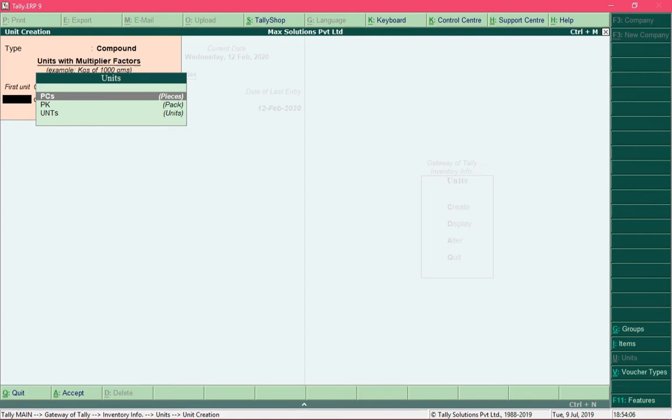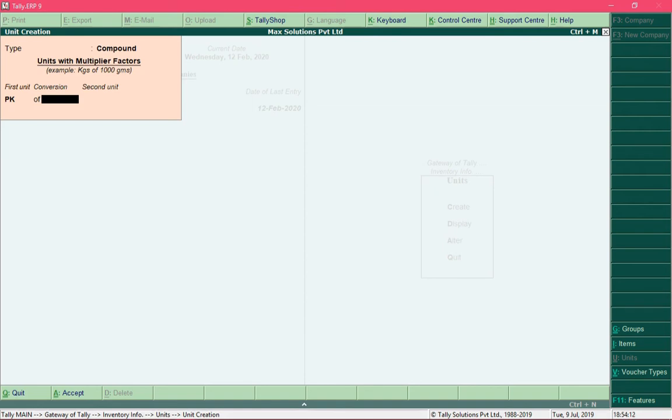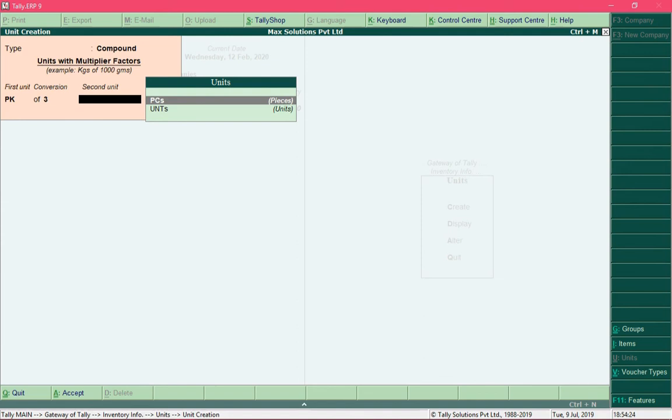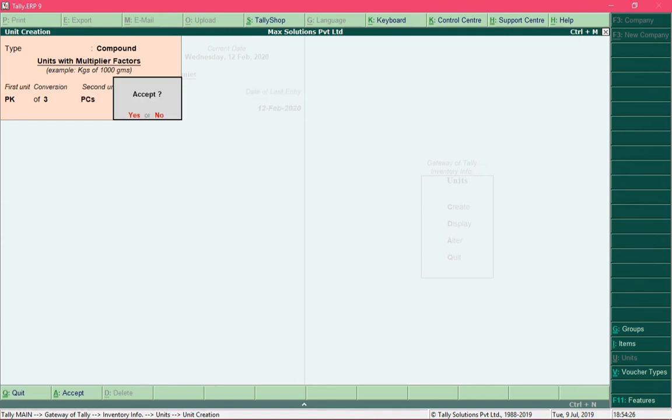For the first unit, select the unit as pack and press enter. And for the field conversion, select the number of units from which the pack would be made. So I'll be using 3 pieces of ink cartridges to form one pack. So you can read it as pack of 3 pieces and accept the unit creation.